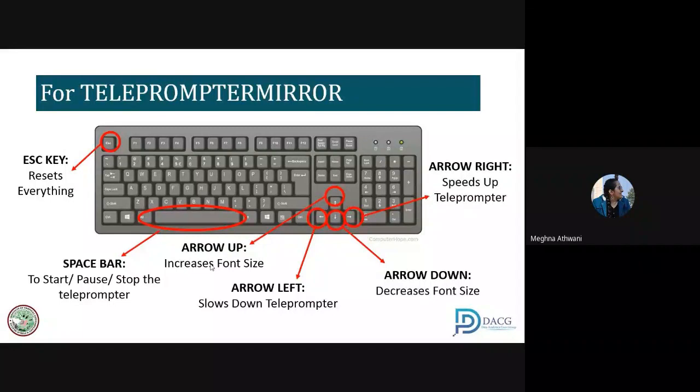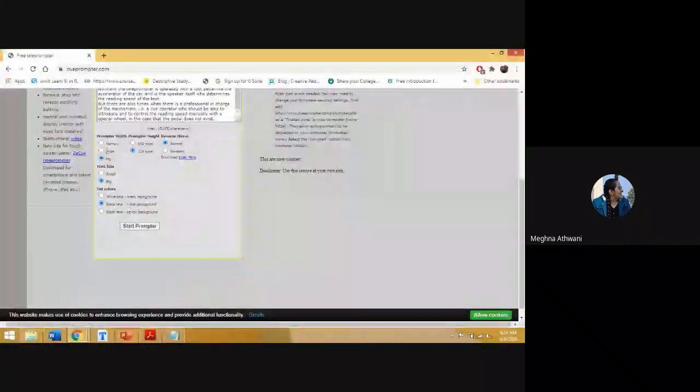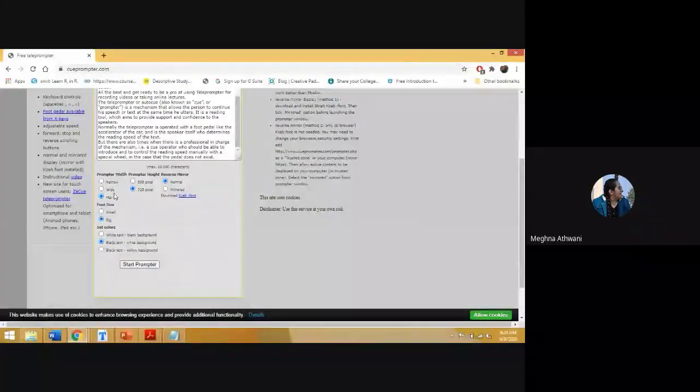Now in QPrompter, there were only three choices whether you want the text as narrow, wide, or max. I'll just show you again. See here, narrow, wide, or max. I hope it is visible. And font size is small or big. These are limited options. What if the small is very small for you? And what if the big is also very small for you? See, many of us have low eyesight, and if the teleprompter is very far from us, it is possible that we are not able to see it at all.